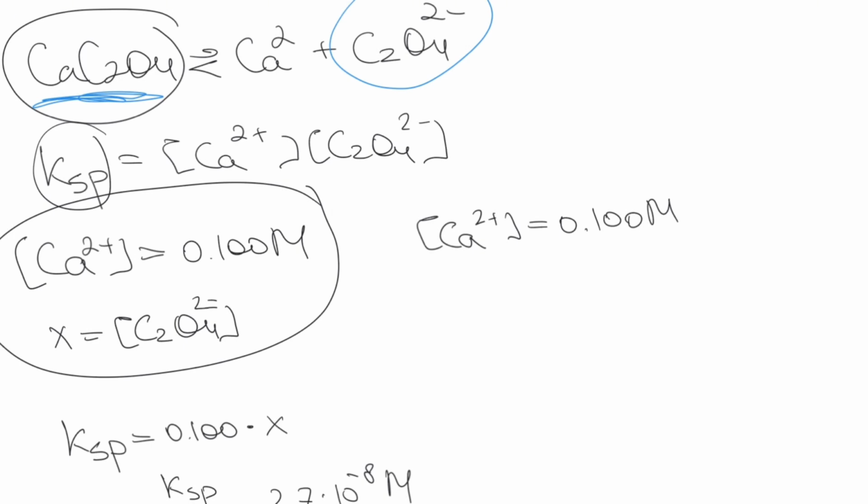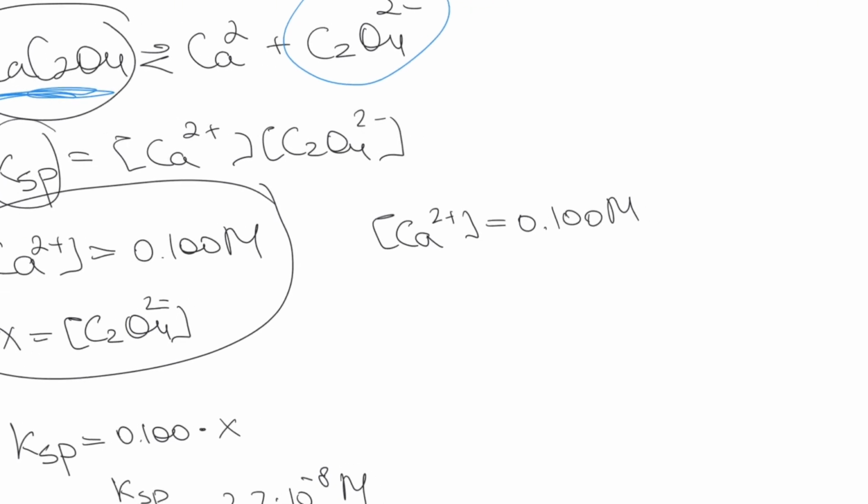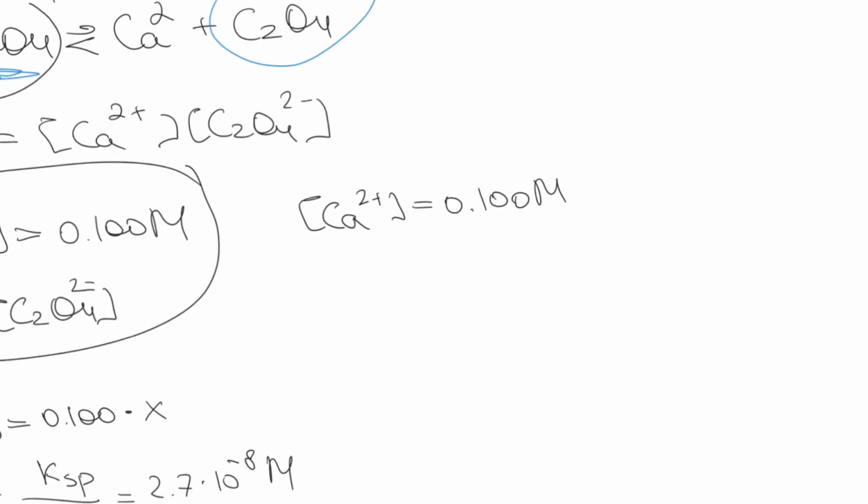So to be completely rigorous, I'm going to prove that the concentration of calcium 2 plus ions from the calcium oxalate is negligible. So in our calcium chloride solution, the initial concentration of calcium 2 plus was equal to 0.100, right? And now let's